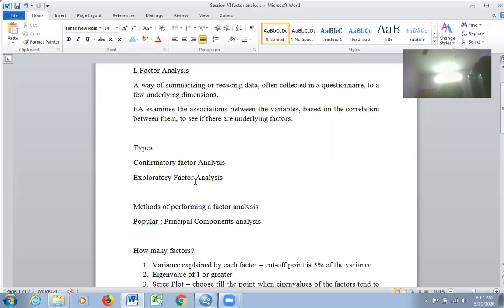If you want to conduct confirmatory factor analysis, then SPSS will not help you. There is another software called SPSS AMOS, which you may have to download separately and learn separately, and you can conduct confirmatory factor analysis over there. Fine. So let me confine myself only to exploratory factor analysis.